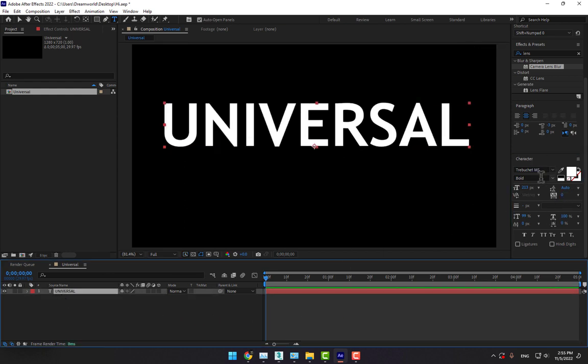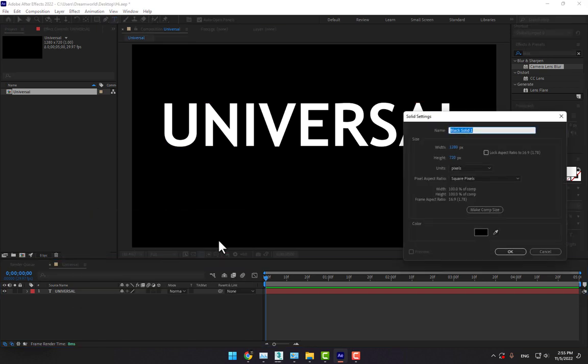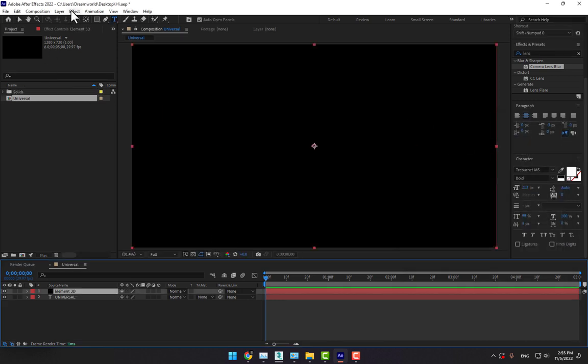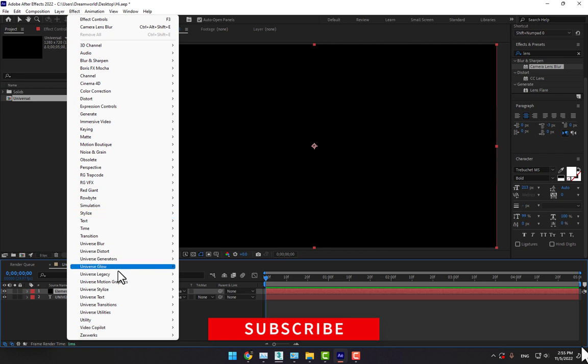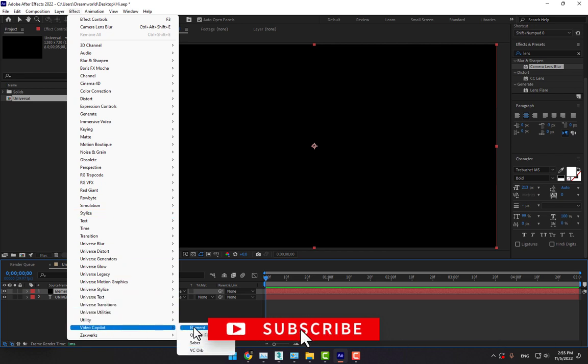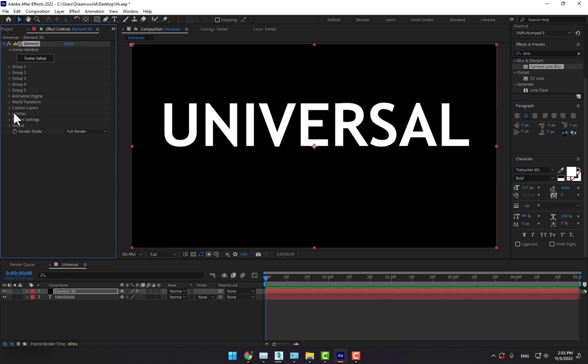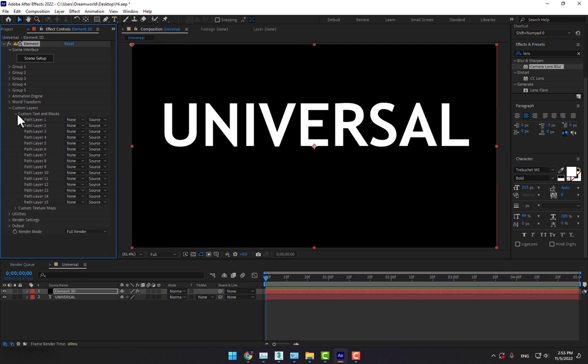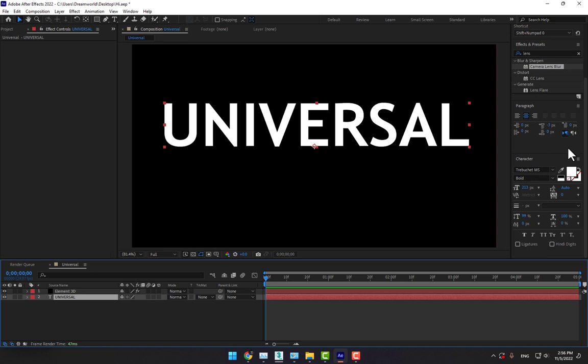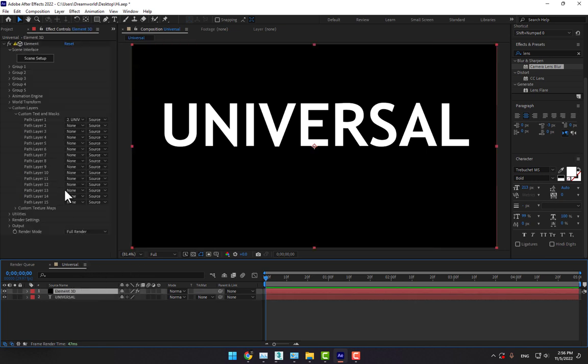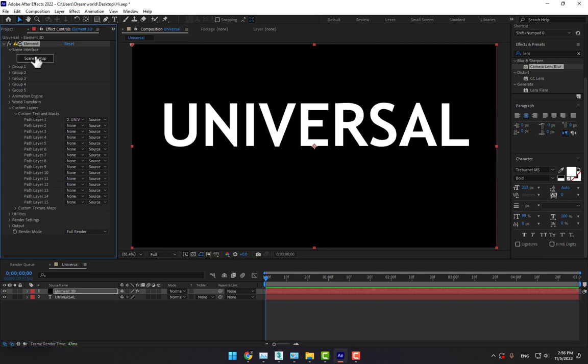And then select again, select the bold mode font and create another new solid right here, element 3D, and go to effects, video copilot, select element 3D and go to custom layers, custom text and mask, select universal, and then select the element 3D and go to scene setup,